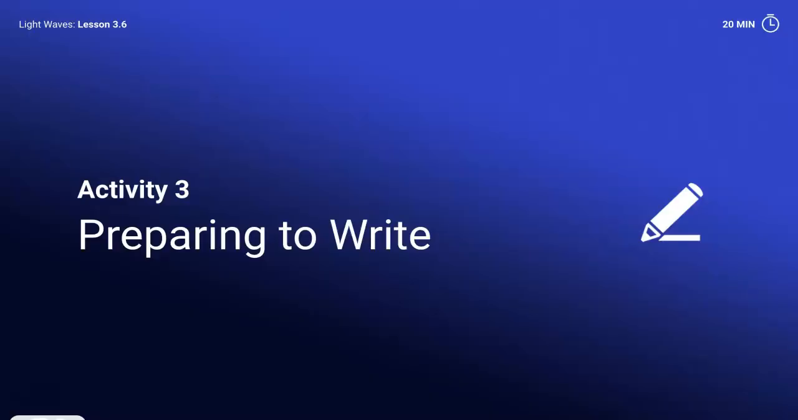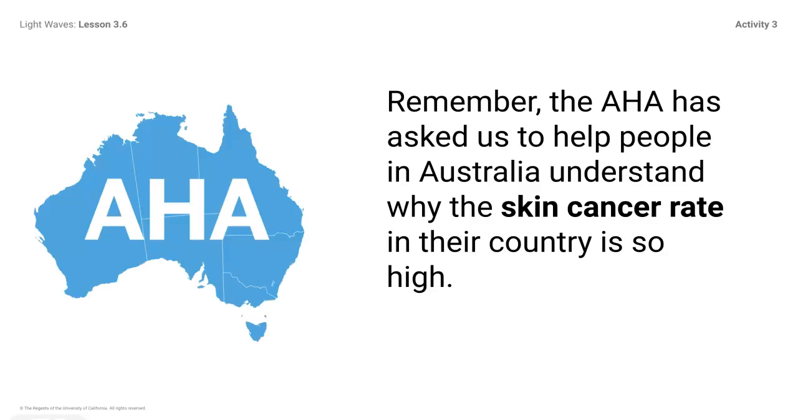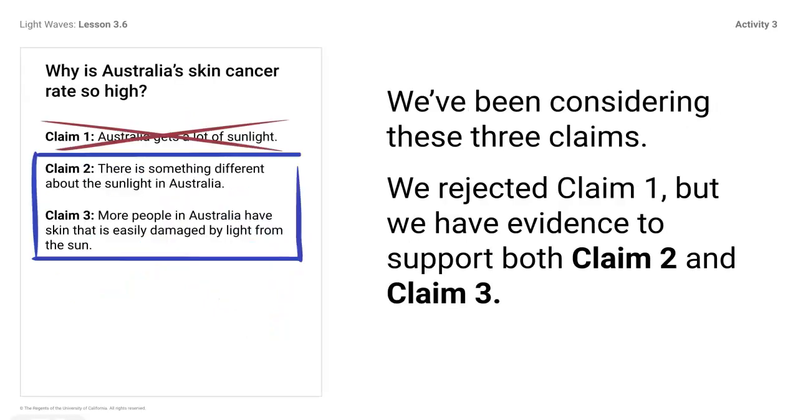So for activity 3, you're going to prepare to write. Remember, the AHA has asked us to help people in Australia understand why the skin cancer rate in their country is so high. So we've already considered these three claims, and we rejected claim 1, and we have evidence to support both claim